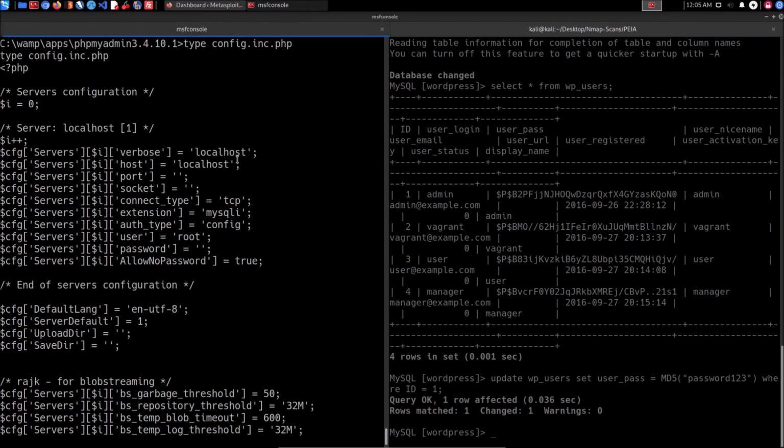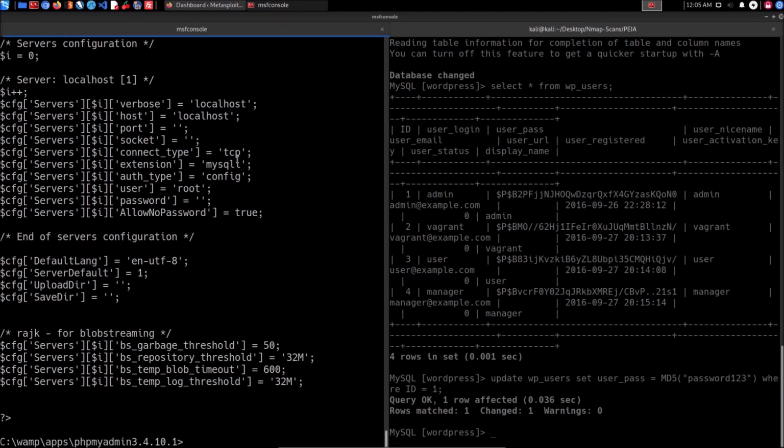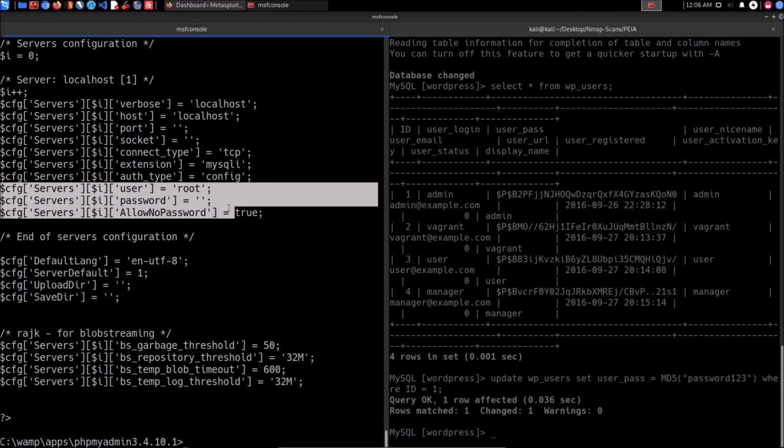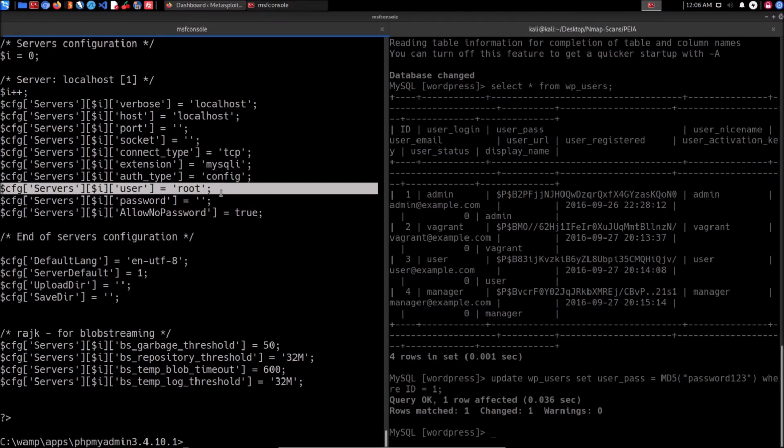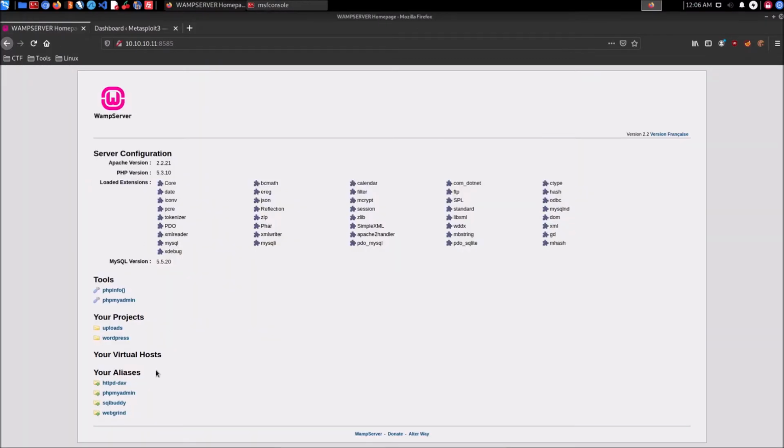So again, if we list this out, let's see if we can access anything here. We can see that we have the user root, and the MySQL database password used for PHPMyAdmin is for the root user, and no password is provided,